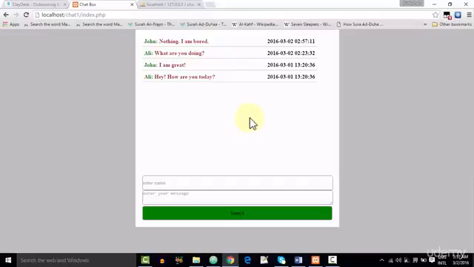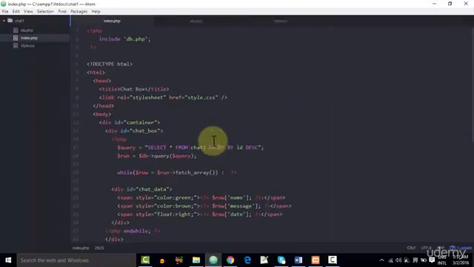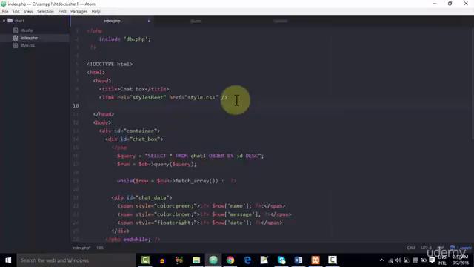So after we have used Ajax in our code, when we enter a message, it will automatically be displayed over here, and there will be no need of refreshing the page every time we send a message. So let's begin. We first have to go to our Atom editor, and we need to add some script tags, and the script tags should be in our head tags. After the link, we will put in our script tags,